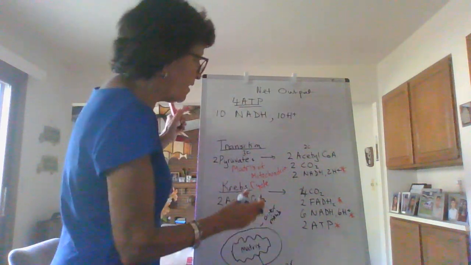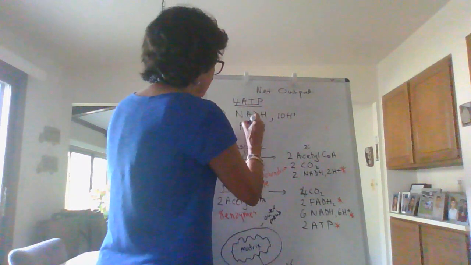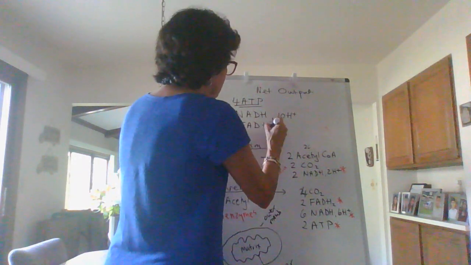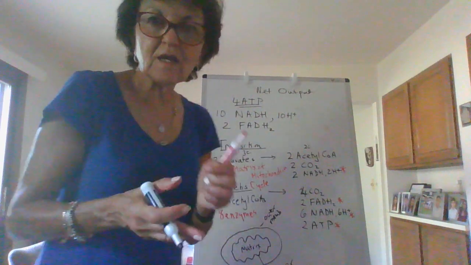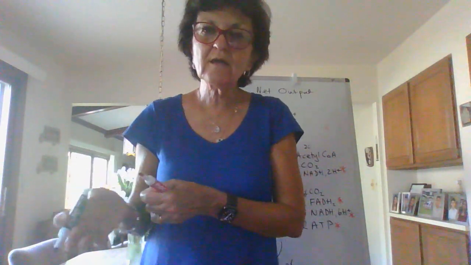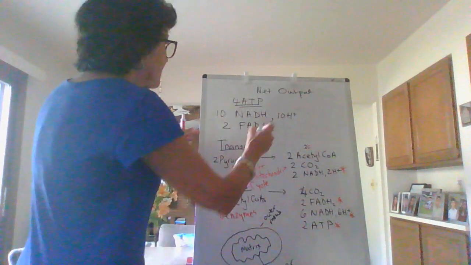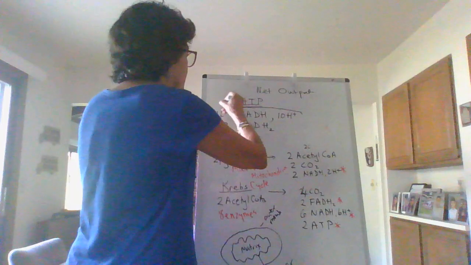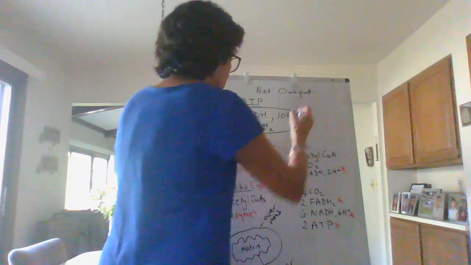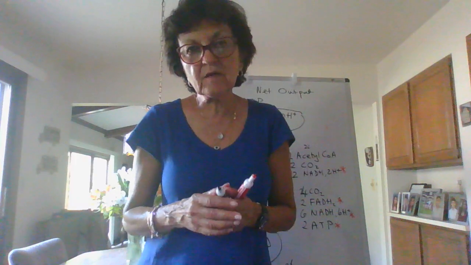But we'll put down over here that we've got 2 FADH2s. But technically speaking, those NADHs in the cytoplasm look more like the FADH2s. Anyway, these guys here, this bunch, is what's going to help us get the 26 ATPs that we need